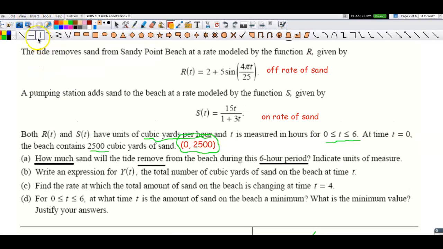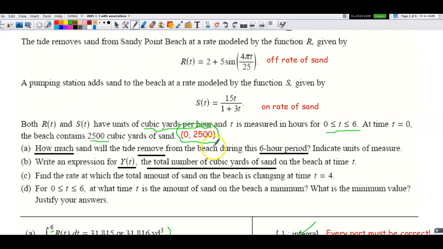I'm going to get my horizontal line again. Letter B: write an expression whose name is y of t that gives us the total number of cubic yards of sand. So now we're accumulating all of the sand on the beach at any time t. So if we want an expression that accumulates all of the sand,